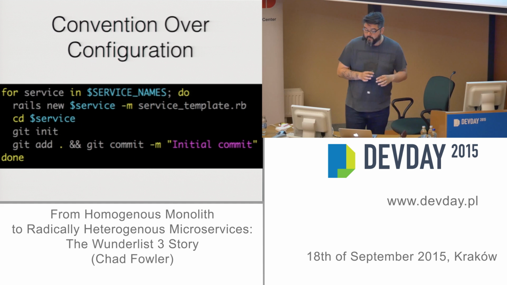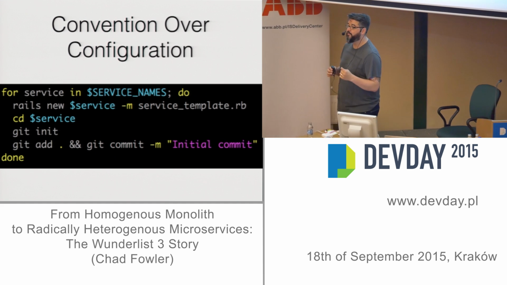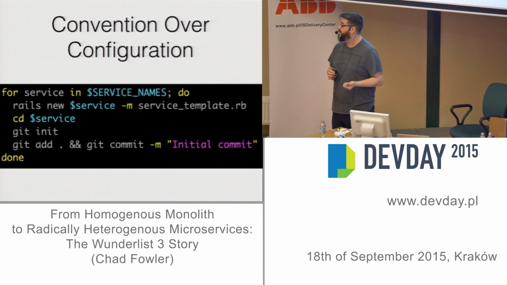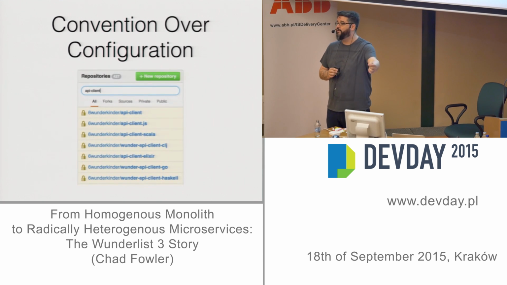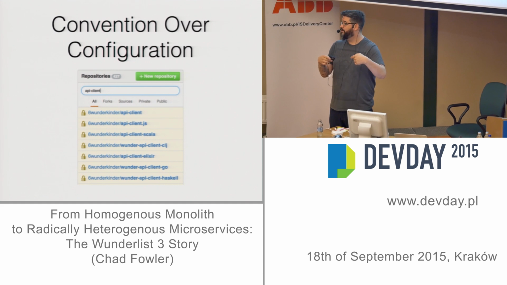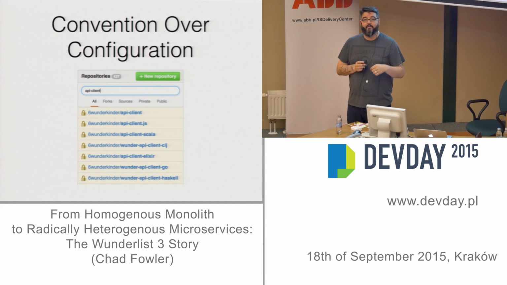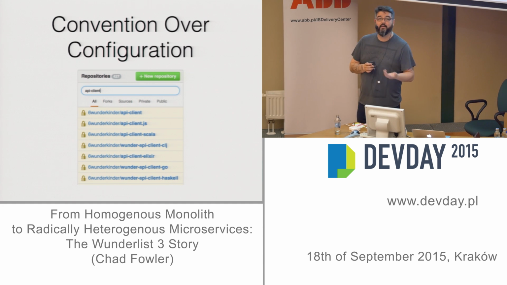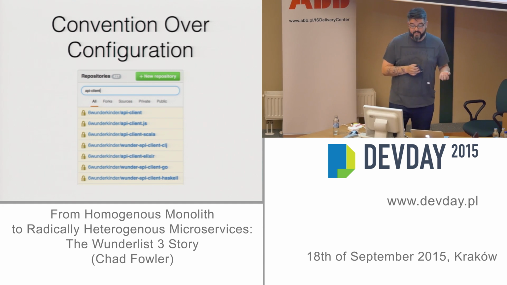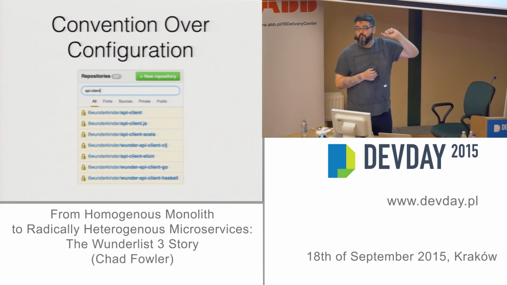And then we built, this is the only shared code really, we built this thing called API client, very generically named, which is the only way you ever talk to a service inside our infrastructure, which means that we have a very standard conventional way of doing all of our HTTP calls, and no one ever has to ask how you do it. Now you see, we have API client, which is the original Ruby one.